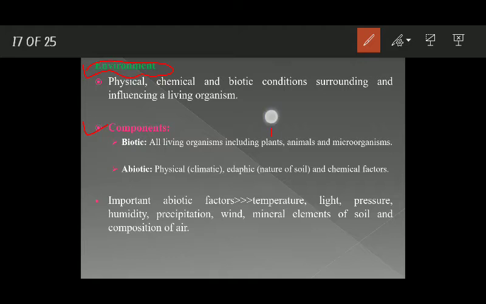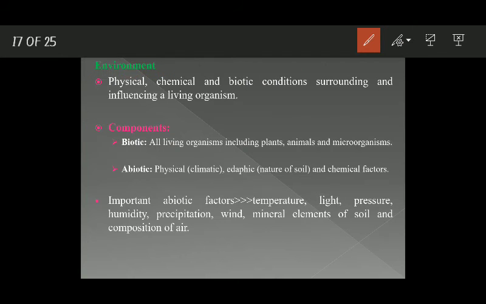Biotic component में आते हैं plants, animals and microorganisms, और abiotic कंपोनेंट में आते हैं फिजिकल फैक्टर्स like we have temperature, there is humidity, pressure etcetera. एडाफिक फैक्टर्स which include nature of soil, सॉइल कैसी है, and chemical factors. Okay,